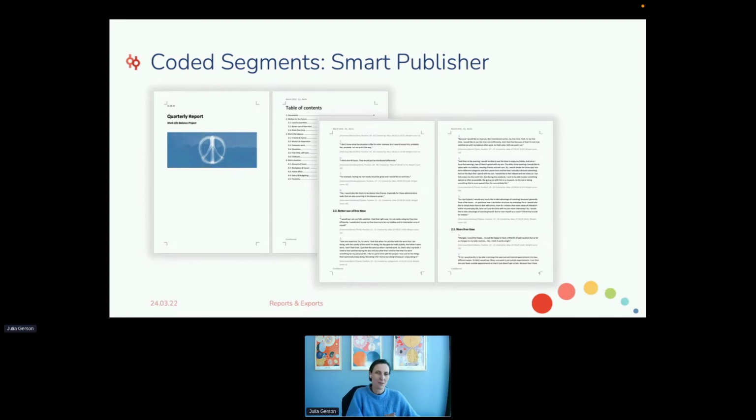I can even modify the template that MAXQDA uses so that it already uses the font that I'm using in my company. I have my report, I can hand it in, and here are all the relevant quotes for this topic for March 2022. So that's what the Smart Publisher can be used for. And that was my conclusion for the coded segments. So this is another way to export the coded segments. Now let's move on to the next